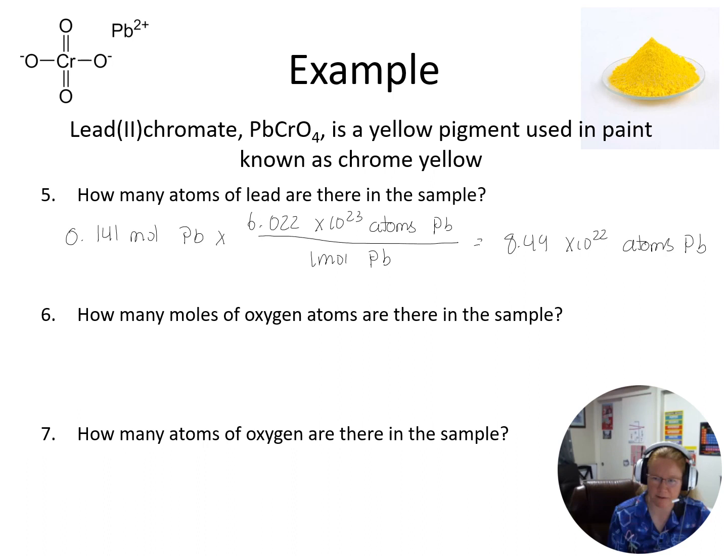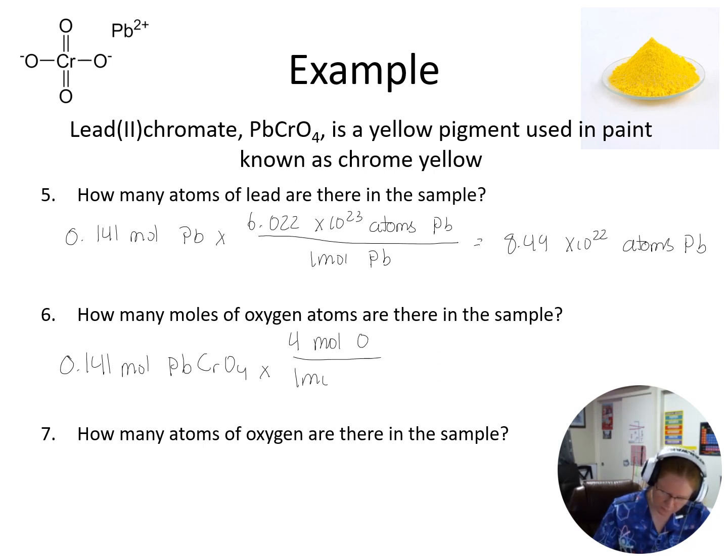Okay, we're going to do the same thing for oxygen. We'll figure out atoms and moles. So first moles, because if I know moles of lead-2 chromate, I can easily figure out moles of oxygen. So I had 0.141 moles of my lead-2 chromate. Okay, now according to my formula, I have 4 moles of oxygen for every 1 mole of lead-2 chromate. So I get 0.564